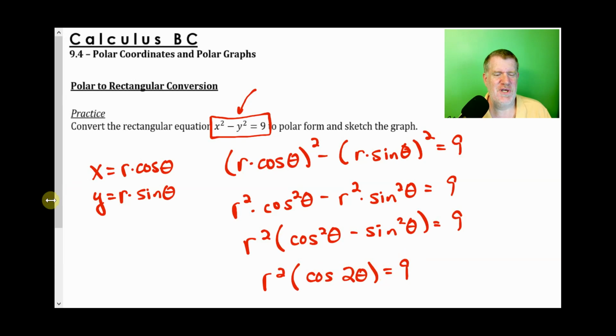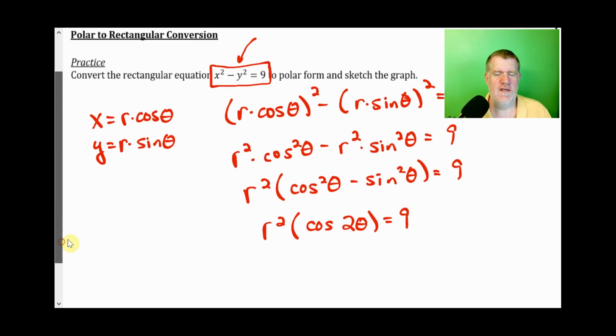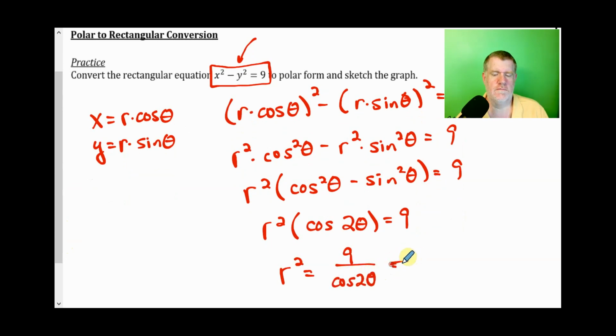Much nicer looking, don't you think? So I'm going to divide both sides by cosine of 2 theta, and then take the square root. So we end up with, if you take the square root of both sides, 3 over the square root of